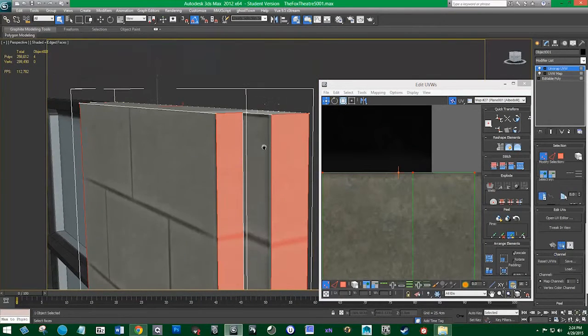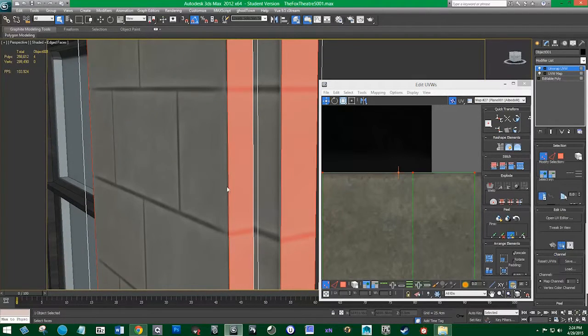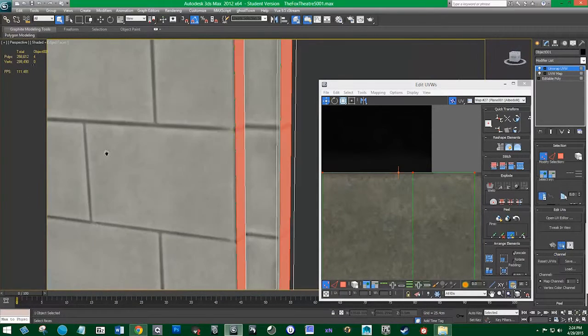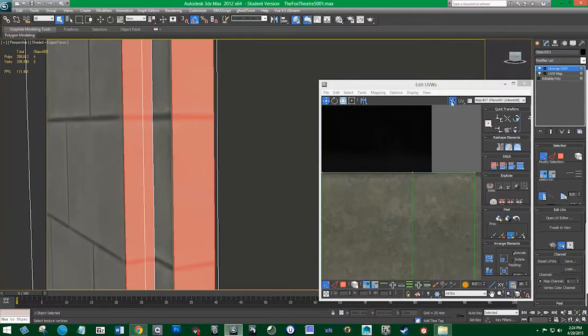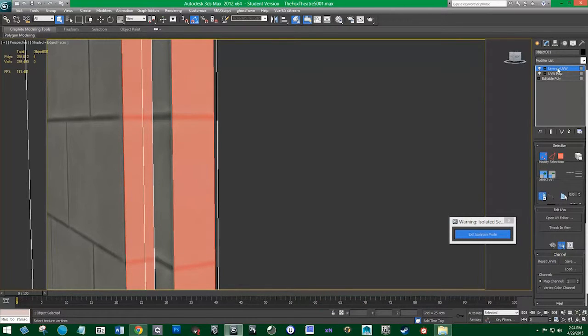I just want to check the top, make sure that there's no line or this black part in the top of this. So that looks pretty good. Our other side's going to be the same. So let's hit the X button, and then we'll right click on this and go to